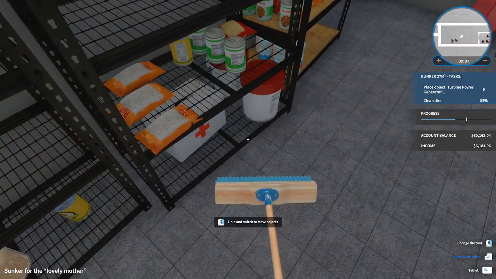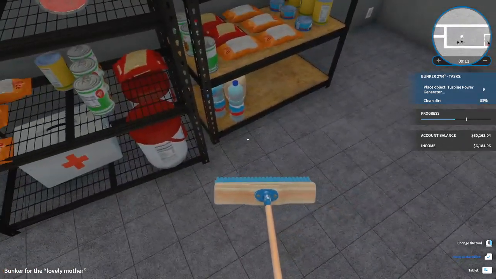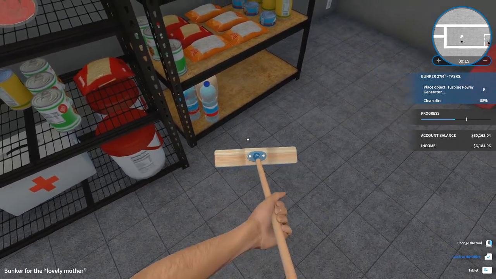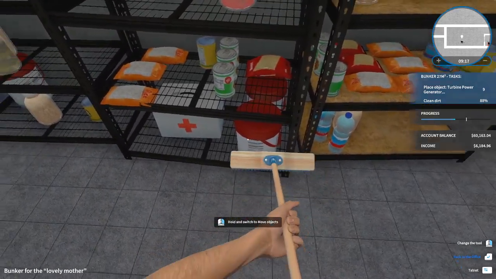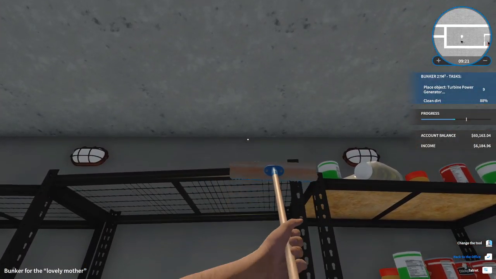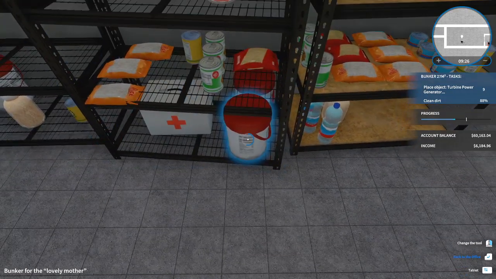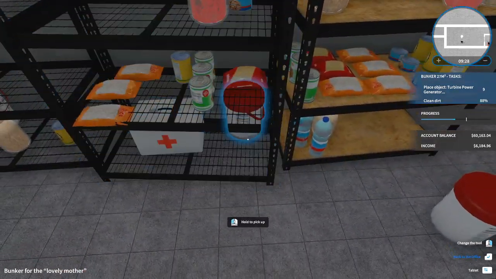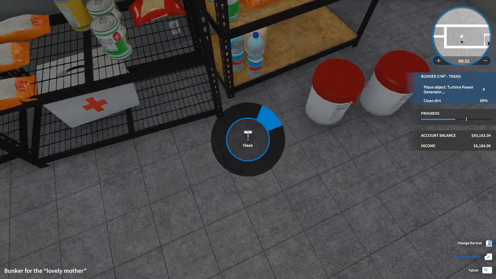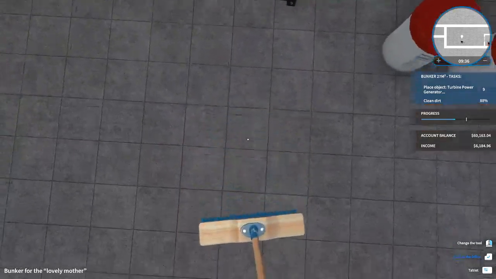I did miss some dirt under the bookcase. Let's see if I can get to it without actually moving stuff around. Sometimes being ultra lazy works, and sometimes it fails miserably. Maybe it's up. No, it's definitely down. Really? You have to do this right now? Okay, fine. Let's try again. Pointing right at it. Maybe it's...